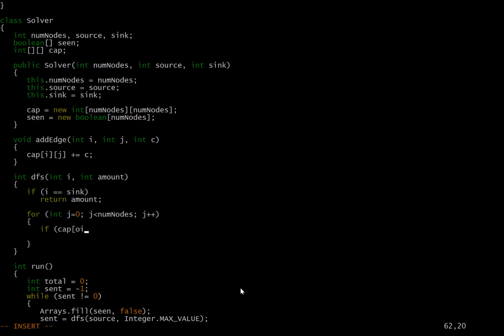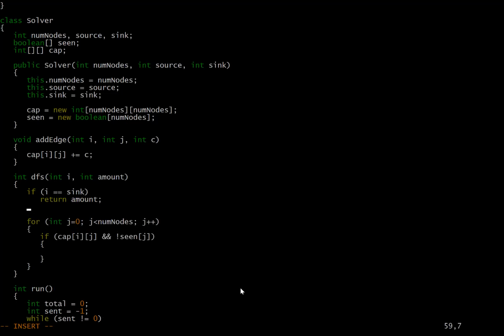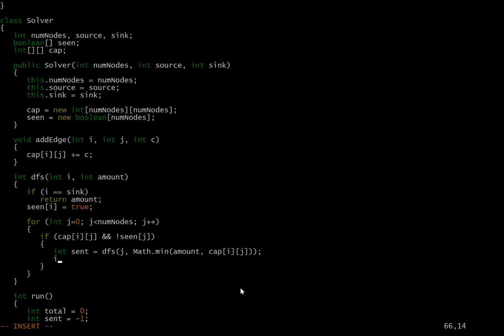Make sure we have a capacity and make sure we haven't seen this node already. Could do something like this. So I need to take the min of the amount that's reached me so far and the edge that I'm currently considering. So I to j, and that's the amount sent.